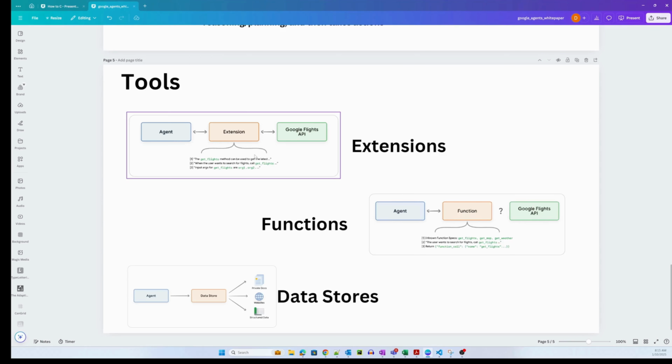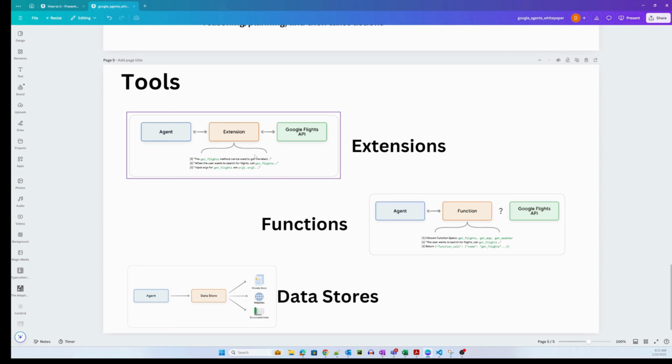This would result in a failed API call because you only have one entity here, which is basically Zurich, and not the schedule or the flight, the time of the flight, the time for booking, essentially. This will result in a failed API call. So essentially, you need to think of another sort of interface where all of this information is gathered first, and then you interface or interact with an API, right? So this would basically mean that extensions offer a more resilient solution.